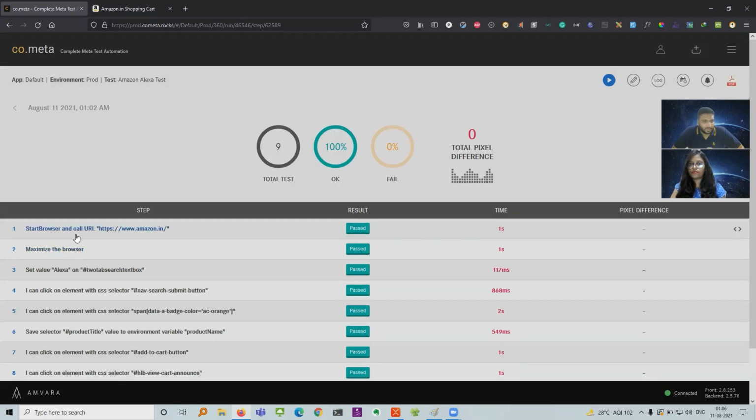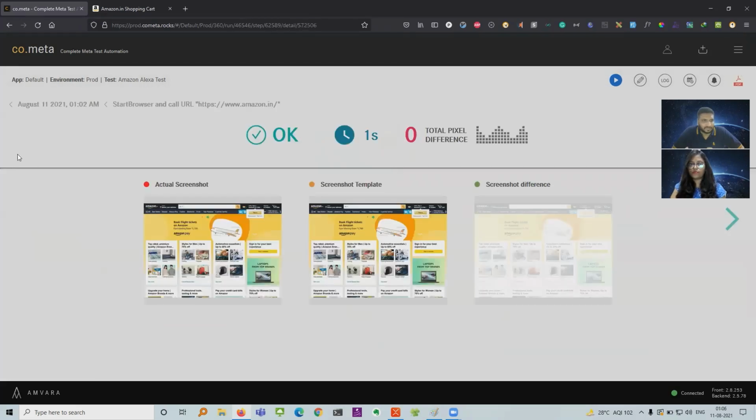And if you click on, for example, just any step, then you even get this template. So you have a template, you have an actual screenshot, and then there is a screenshot difference and all. That's pretty cool. On the top, you see this PDF report which you can download or see, and it's loading.